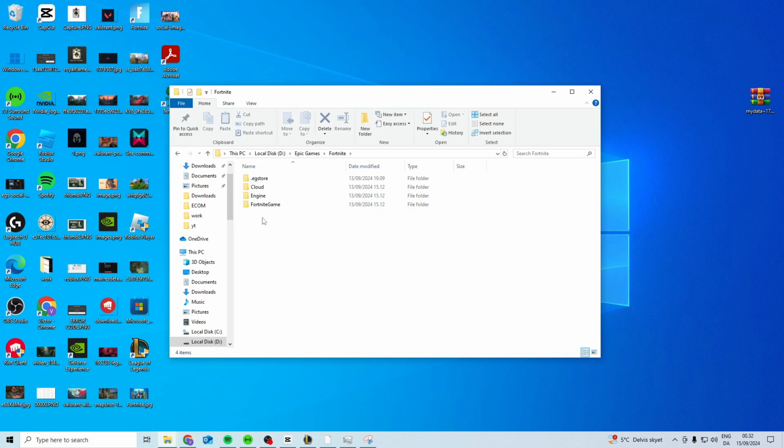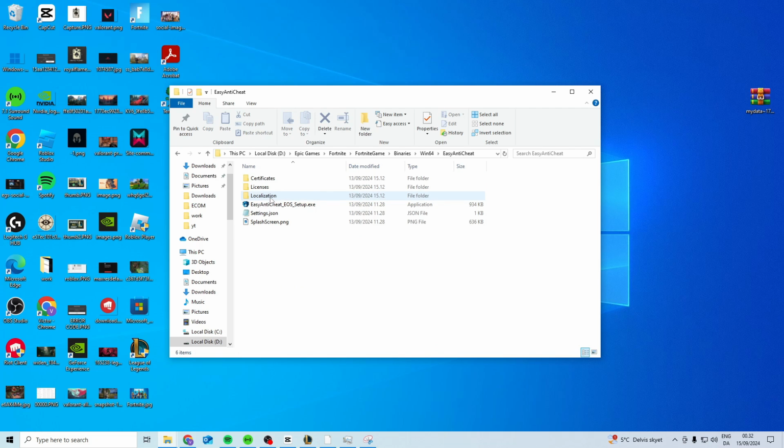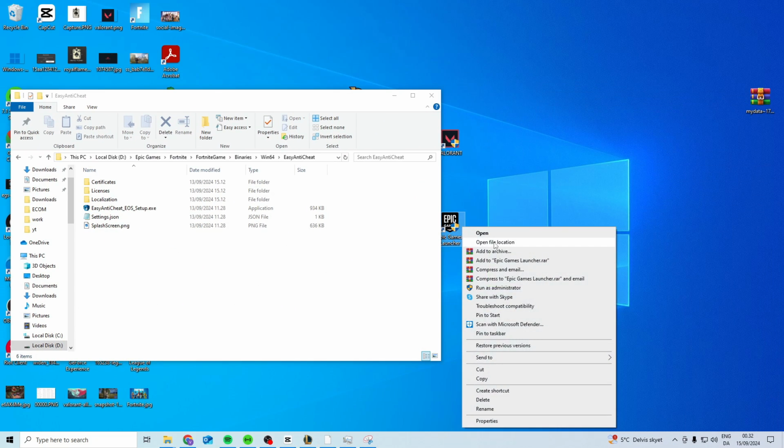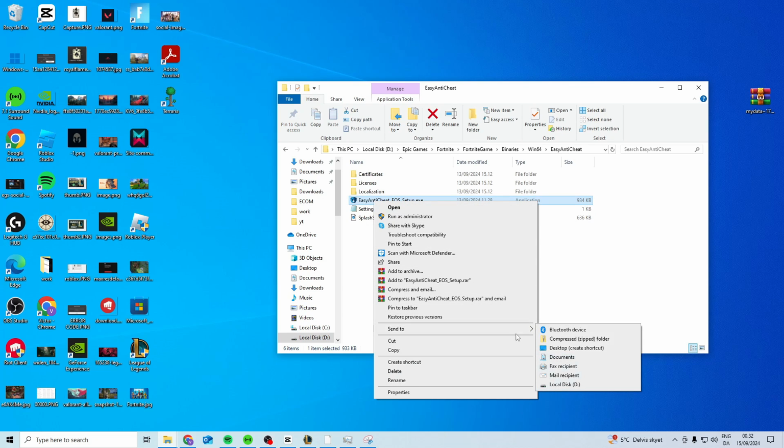Go to Fortnite, Fortnite game, binaries, Windows 64, and open up Easy Anti-Cheat. Now, if you don't know where you have Epic Games installed, you can simply find your Epic Games, right click on it and open file location. Now, once you're in here, what you want to do is right click the Easy Anti-Cheat, send to, and choose